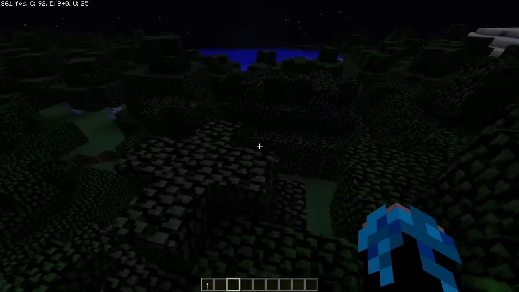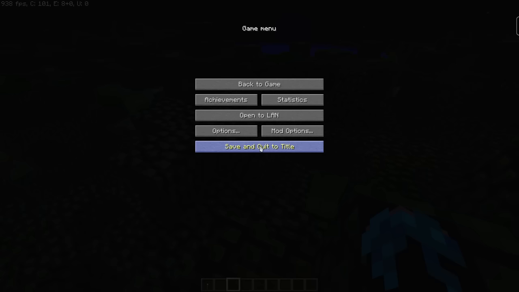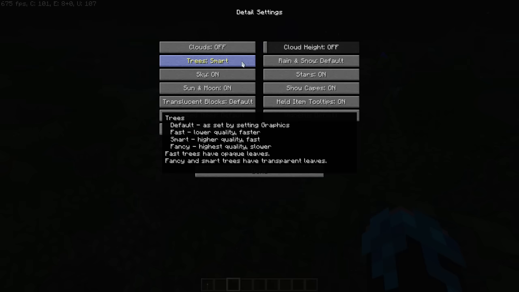So this is fast. It fills in all the transparency with a shade of black. Because of that, it's not transparent at all. You could see right now I'm getting about 900 FPS. If I open this menu, where we're actually looking at everything, about 820. Yeah, 825. So if I go in here and set this to smart,